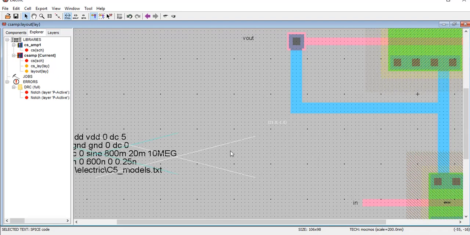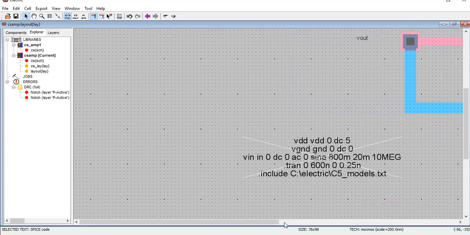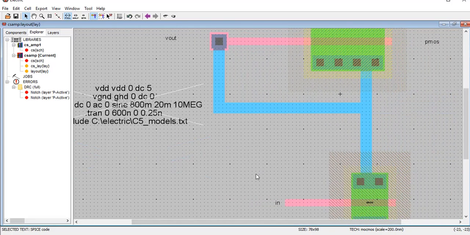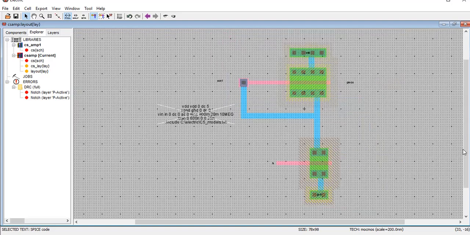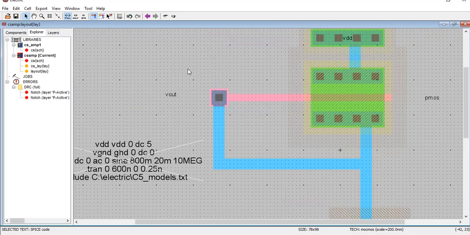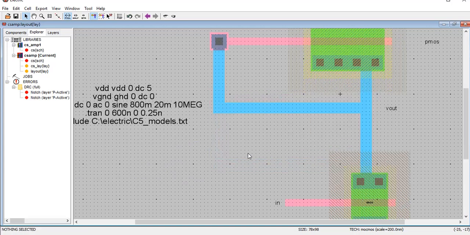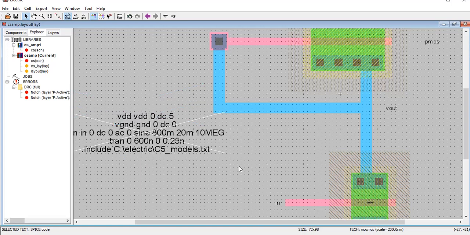So now I am going to write the spice code, the same spice code whatever I have written for the schematic. So this is my PMOS, VDD, this is Vout, of course Vout is here, I can take it here because both the drain and the gate are being shorted. So this is my Vout. So I have taken all those things, and I have written the spice code. Now once I run this